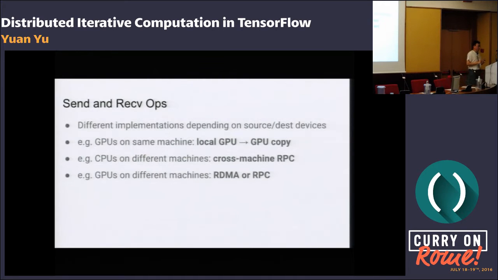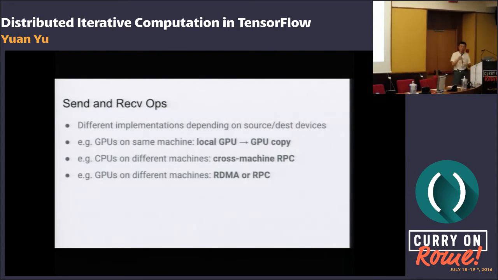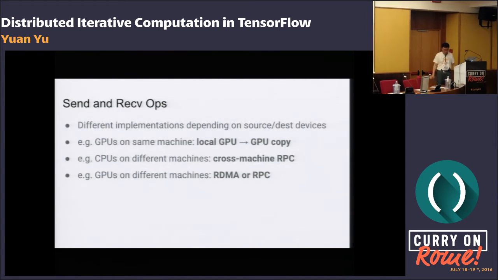Under the cover, if it is two GPUs on the same machine, we'll do just a GPU to GPU copy. If it is CPUs on different machines, we'll do a cross-machine RPC. And if it is GPUs on different machines, we'll do RDMA. This is all encapsulated under the cover, so most people don't see it.